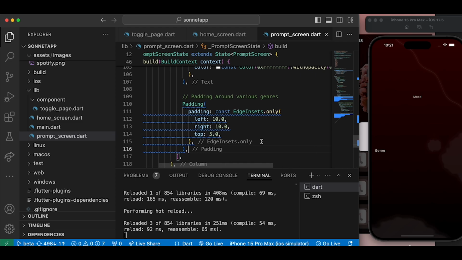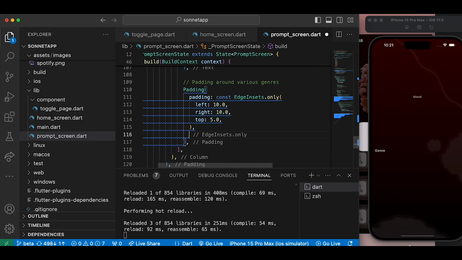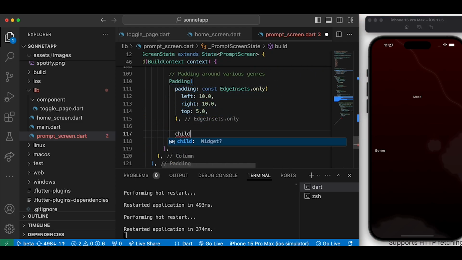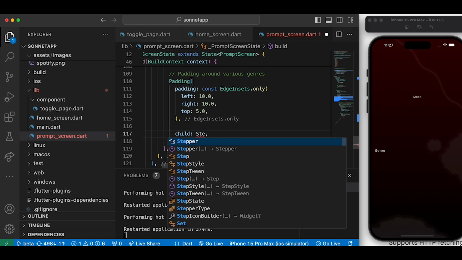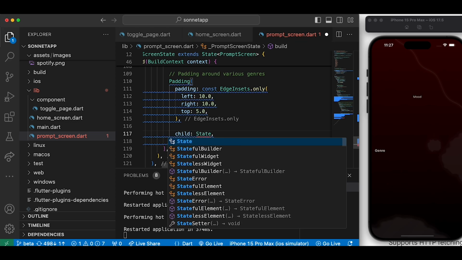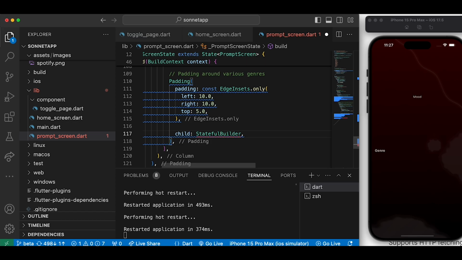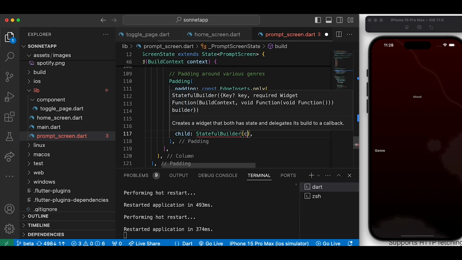Okay, let's do this. So inside our padding, we make use of the child property, and we are going to make use of the StatefulBuilder, right? The reason why we are using this is because we don't want any selection or deselection of a music genre that we select to refresh the page. So we'll be making use of the StatefulBuilder, right? And in here we can specify our builder,